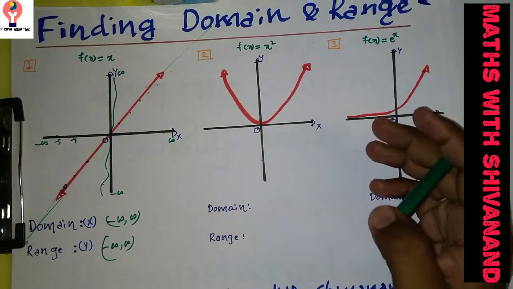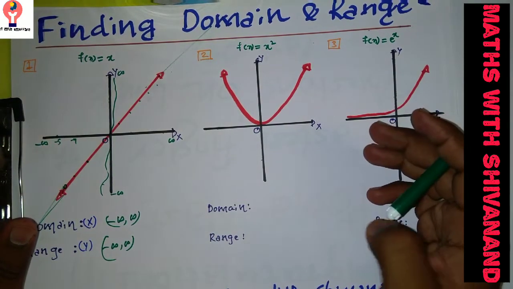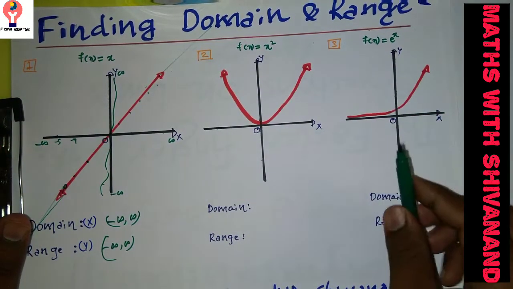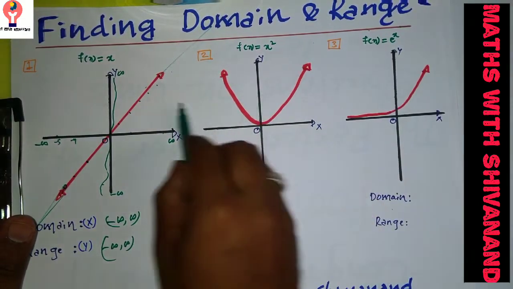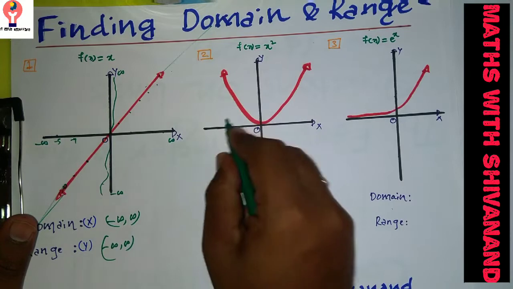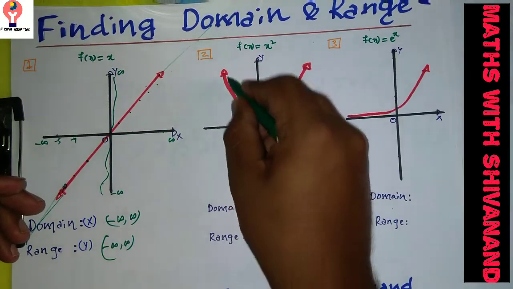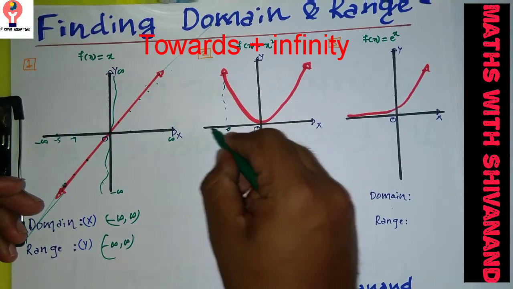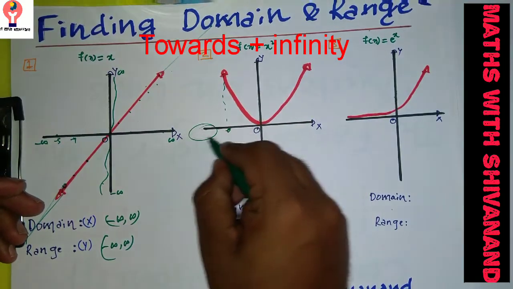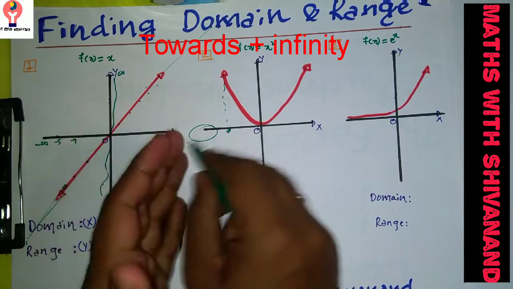Now go with question number 2. The graph number 2, its domain. How to calculate the domain here? I said domain is nothing but check along the x-axis. From left to right I am checking here. Somebody may say, sir, the graph is only at about here, so you will have some values at this point only. You are not giving a value at this point, so domain should not consider this point. It's not like that here.